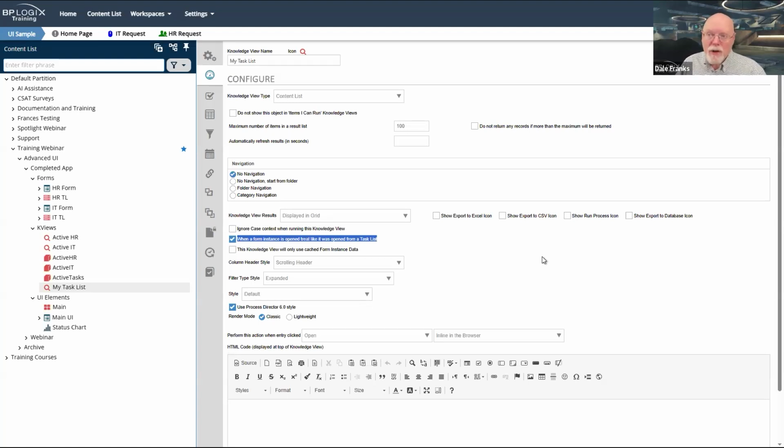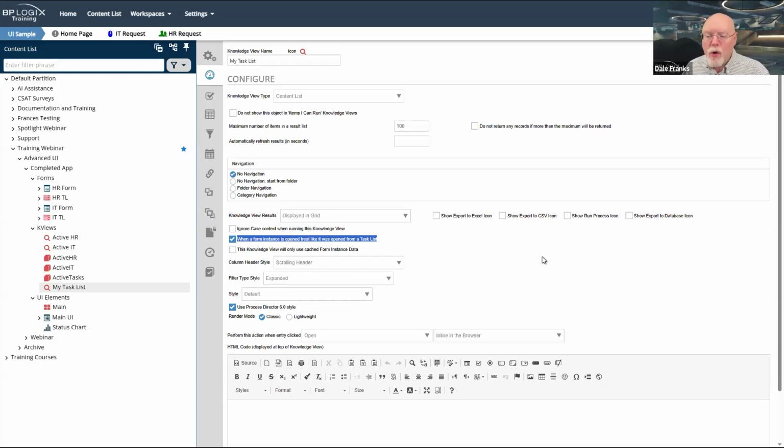Well, it doesn't show them the task completion buttons because normally that doesn't happen when you open a regular content list knowledge view. The content list knowledge view is there largely to allow you to display form instances and then open those form instances for review without necessarily performing a task. However, this checkbox right here, more or less, transforms a content list knowledge view into a task list.